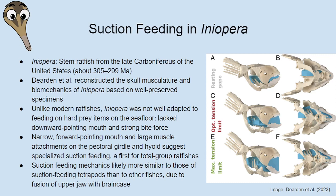But most of the modern ratfishes are vaguely samey, you could say, in terms of their ecology. So, like I said, they mostly hang out near the bottom of the seafloor, and they have these crushing teeth. They feed on hard-shelled prey items they can pick up from the seabed, like mollusks and crustaceans and such. However, we know that in the ancient past, members of the ratfish lineage were a lot more diverse, and so they included things like the Iniopera, which we're going to talk about today, is part of a group of stem-ratfishes